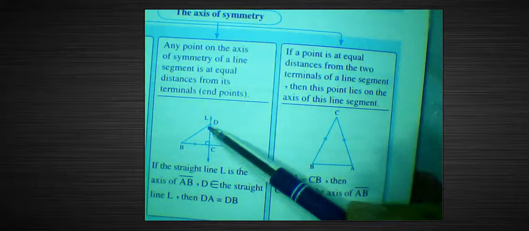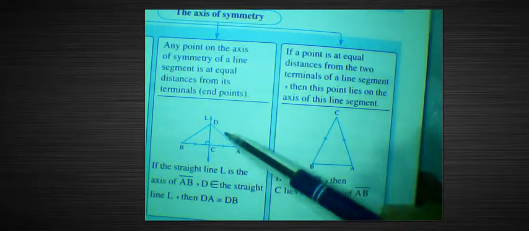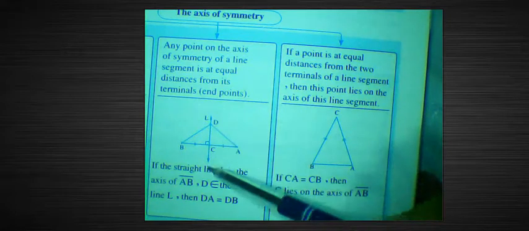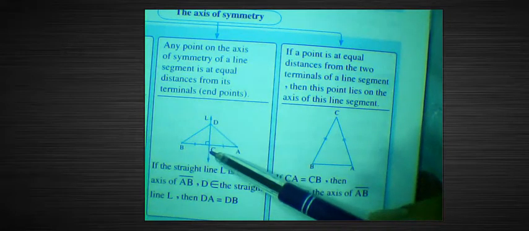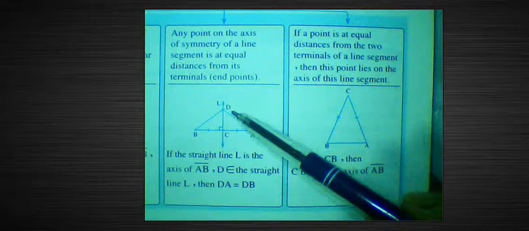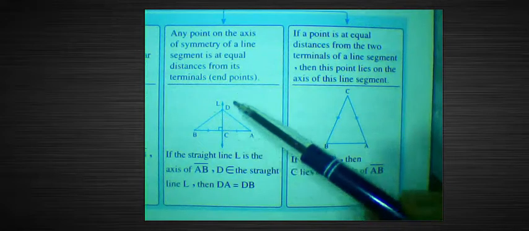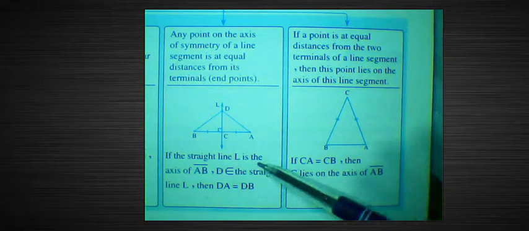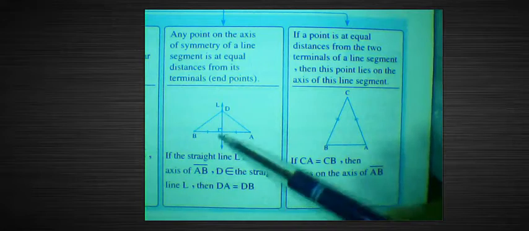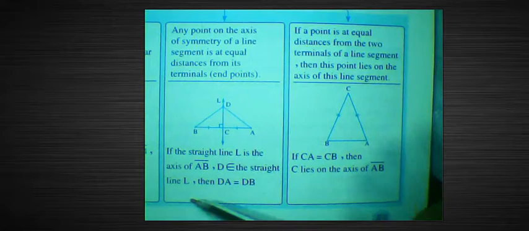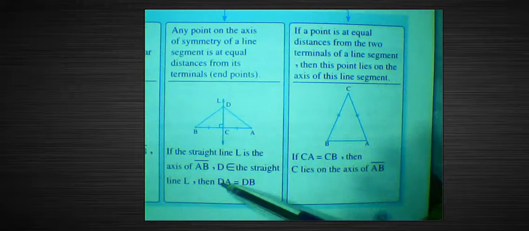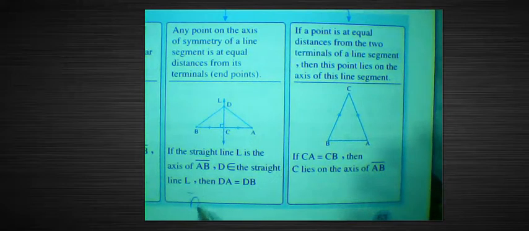يعني بلاحظ ان الدي بي equal دي على طول طالما الدي بولينج to L، والال دوت straight line اللي هو كان في الاكزامبل اللي عندي سيمتري. يبقى اي بوينت بتكون على السيمتري اللي عندي بتكون at equal distance from its terminal. If the straight line L is axis of AB and D belong to the straight line X, then DA equal DB. ممكن اقول اللاين لو عملت كده